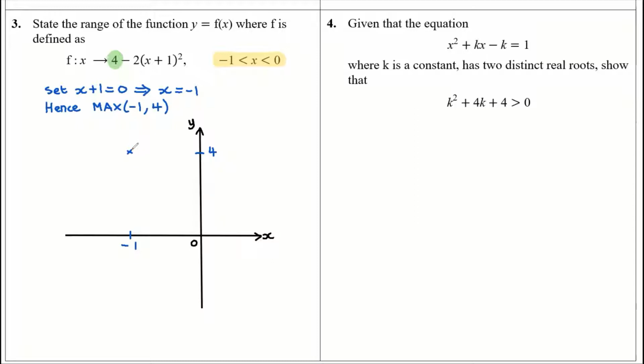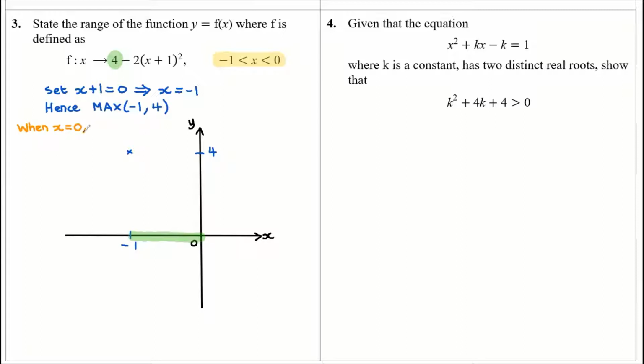Now, at the point where x equals 0, we really need to find out what the curve is doing. Okay, so we've got from -1 to 0, but what is the curve doing at x equals 0? Well, you just have to sub in x equals 0 and find out. So when x equals 0,